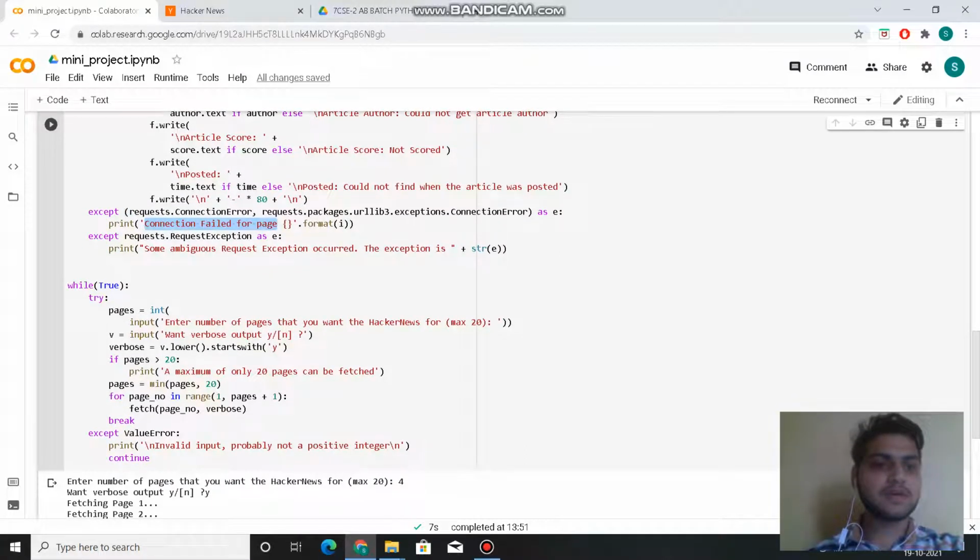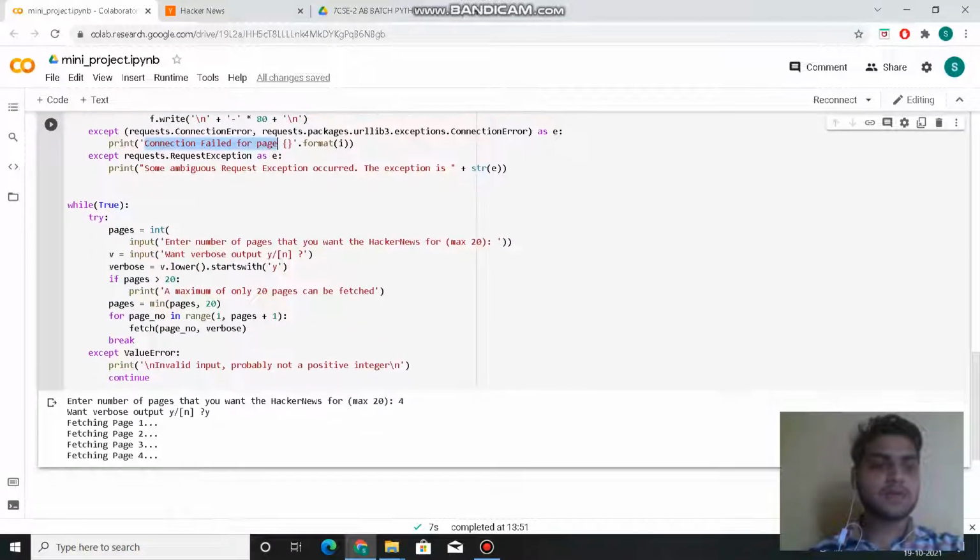And except RequestException: if a request exception is found, then it prints that a request exception occurred and the exception message. After that, in the while loop we are using try.